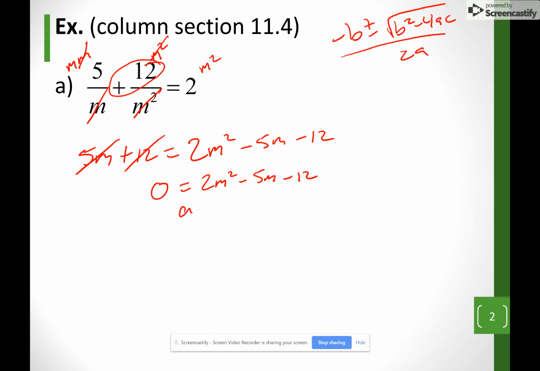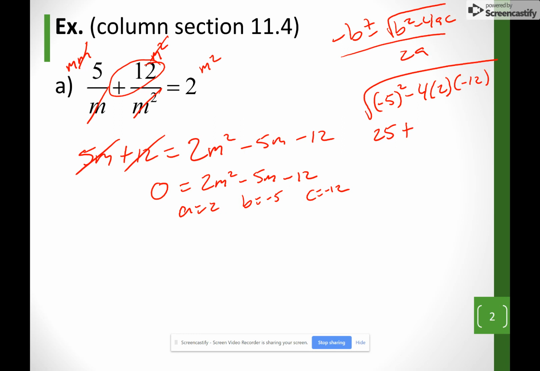I'm going to say A equals 2, B equals negative 5, and C equals negative 12. I'm going to use the quadratic formula. So B squared, I have negative 5 all squared minus 4 times 2 times the negative 12, all inside the square root. So I have 25 plus, because a negative with a negative makes it positive, 4 times 2 times